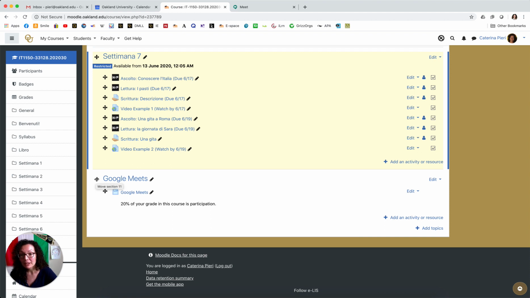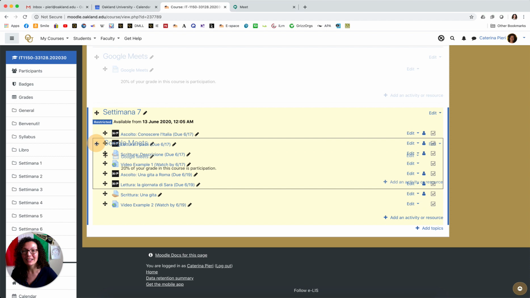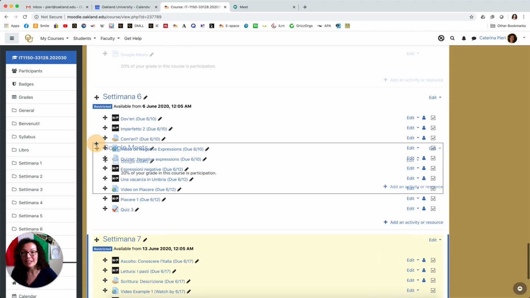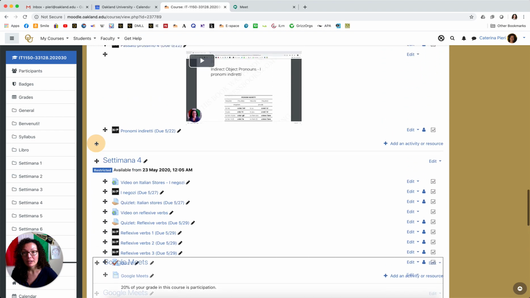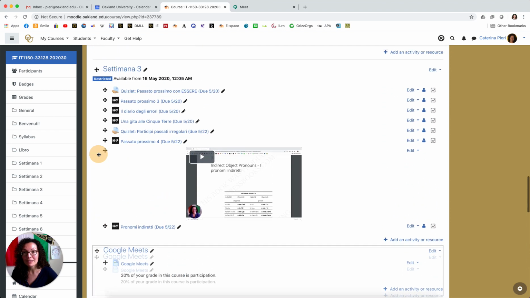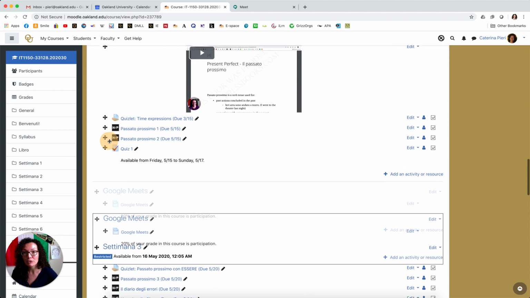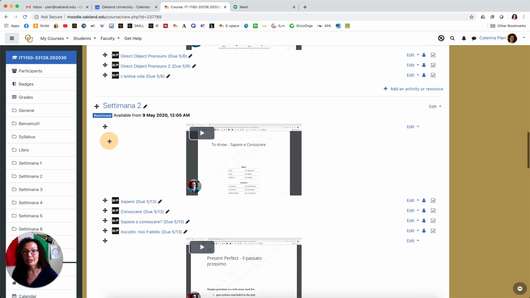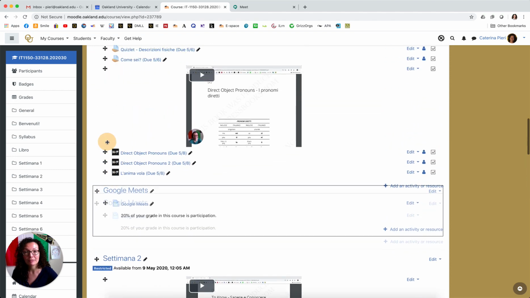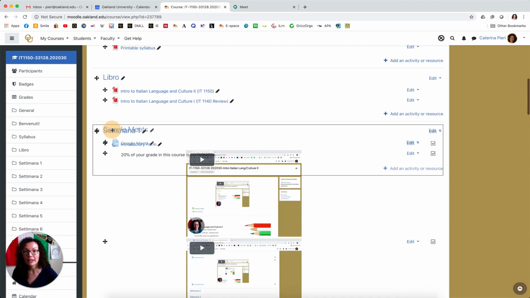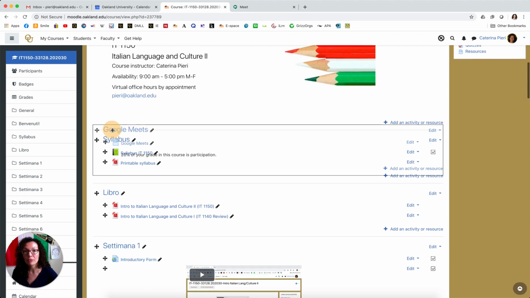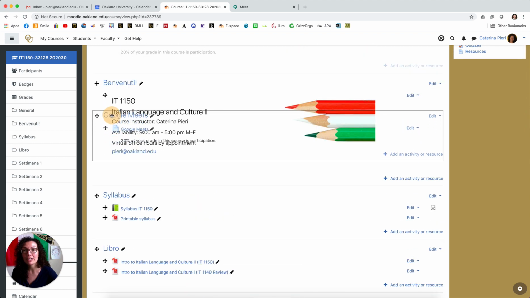When you click and hold, so you not just click once, but you click and hold, you can drag the blocks in your Moodle page to find the best spot or the best logical spots for your topic. Okay, in this case, we want to give it a lot of relevance, and so we want to take it to the very top.